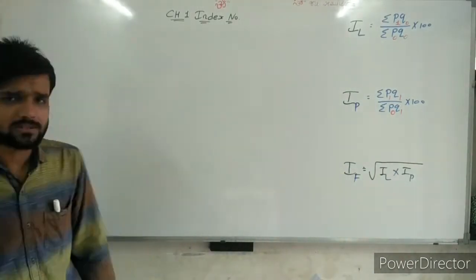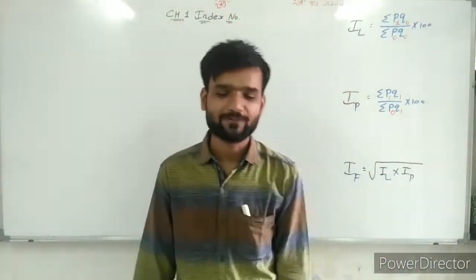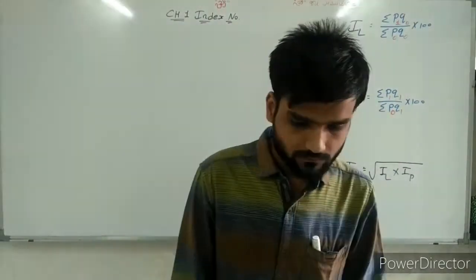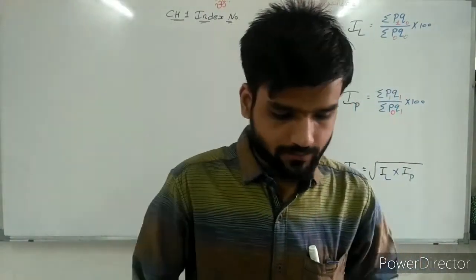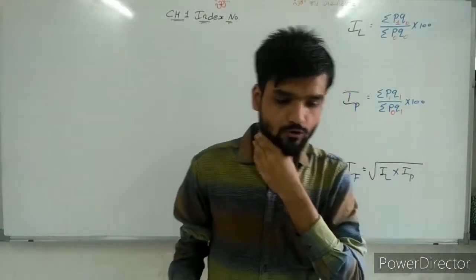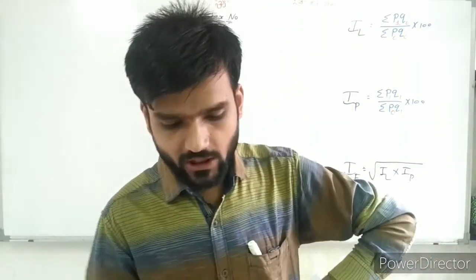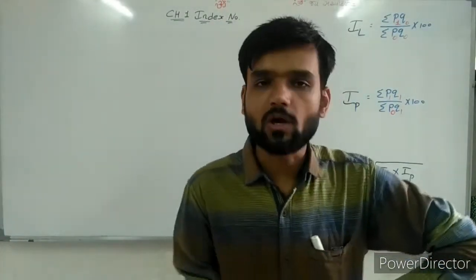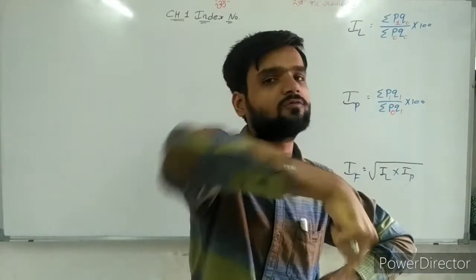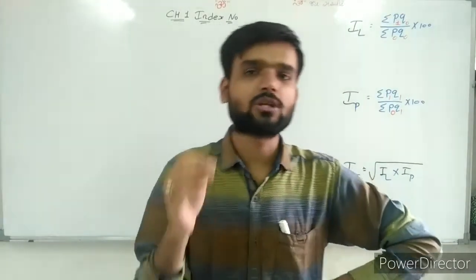So today we are doing one sum related to the index number of Laspeyres, Paasche and Fisher. Taking the best example, illustration number 12 given in your textbook. Find Laspeyres, Paasche and Fisher index number for the year 2016 with the base year 2015. Now we need to find the index number for 2016 with the base year 2015. So for 2015 information we are writing 0. For 2016 information we are writing what?